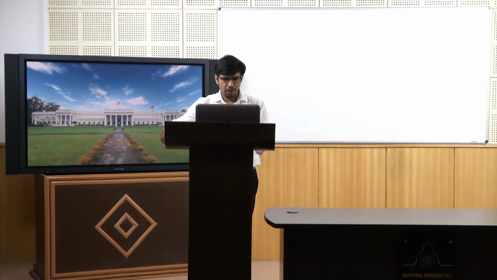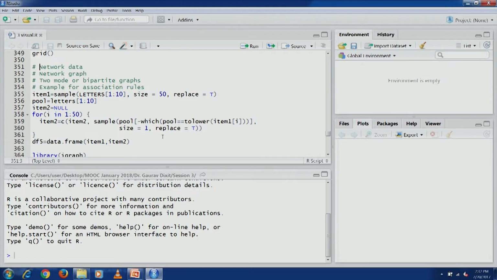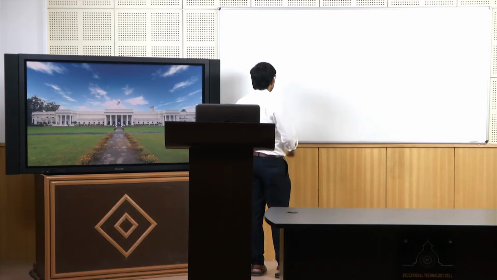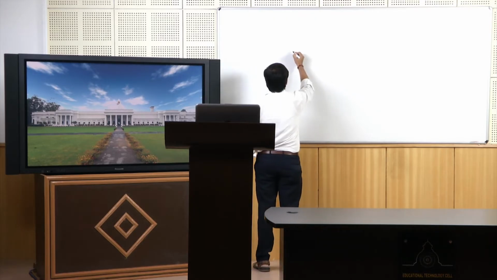So let us open our RStudio. For the network graph we are going to use this network data, which, as we also talked about a bit in the previous lecture, is mainly in the association rules context. We need to understand a bit more about association rules. Now association rules, they are generally